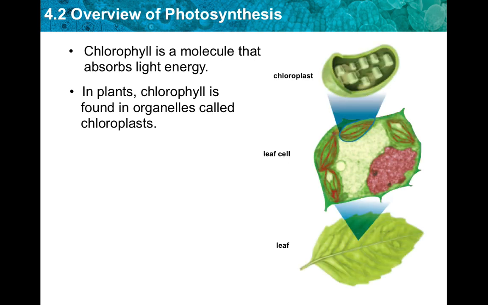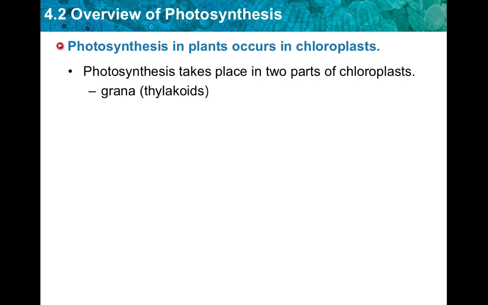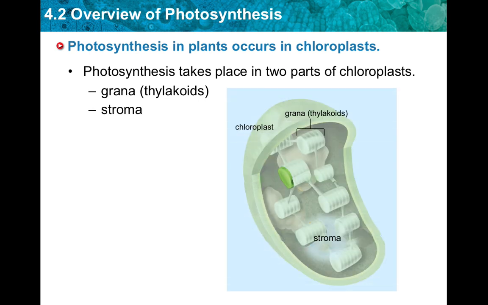Next one we have is, photosynthesis takes place in two parts of the chloroplasts, the grana and the stroma. So basically, the stroma is a fluid that surrounds the grana. The grana is the stack of thylakoids, which are like the coins